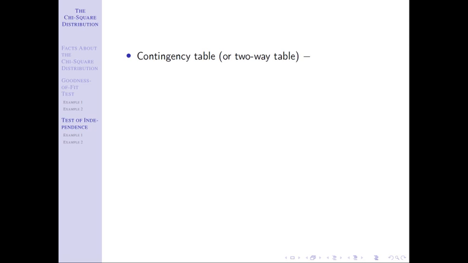A lot of the things that we aren't covering are either more computationally intense, or they're more specific cases that come up less often, things like that. So we're going to see a second thing that we can do here with the chi-square distribution in this video. There are others though. First, we have to define a contingency table.